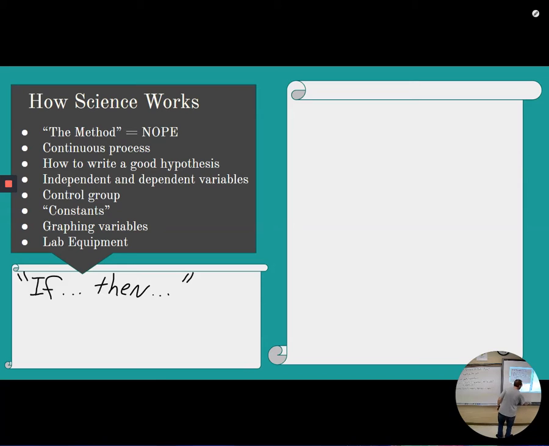And that leads us into talking about independent and dependent variables. The independent variable is the thing that I am changing. That's the if thing. The dependent variable, that's what I am waiting to see something happen to. It depends on my independent. If that makes sense. Independent is the one that I change. That's why the I in independent is so important. It's the one that I'm manipulating.